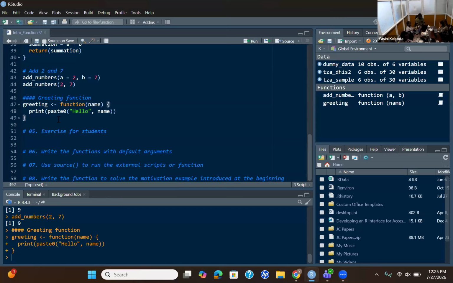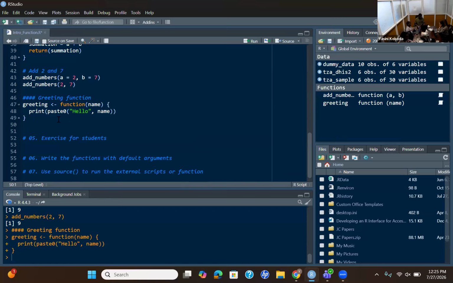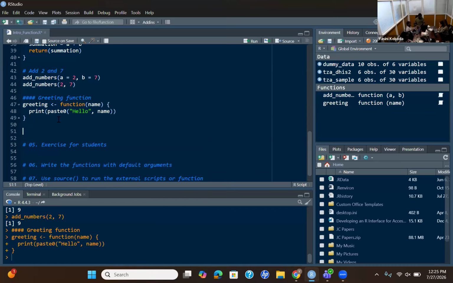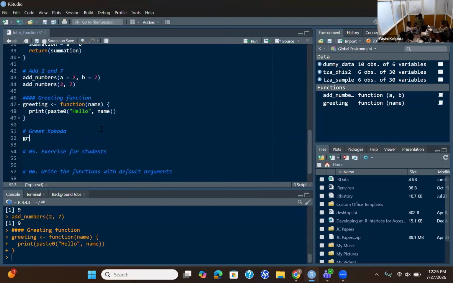So if you want to greet someone, you can write greet Kokoda. You can write your name here and then call the function greeting, then supply the name.